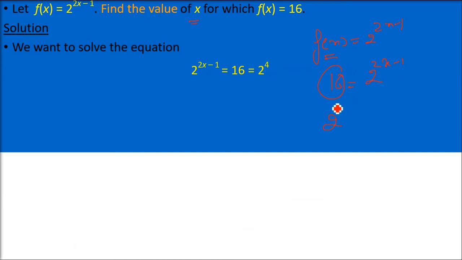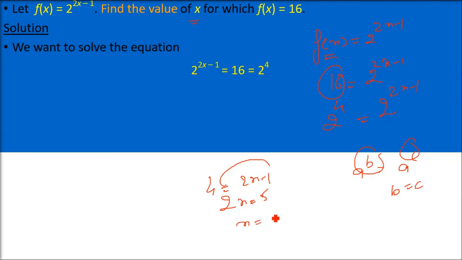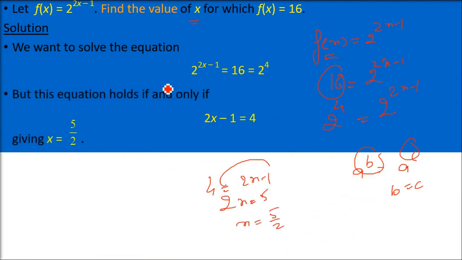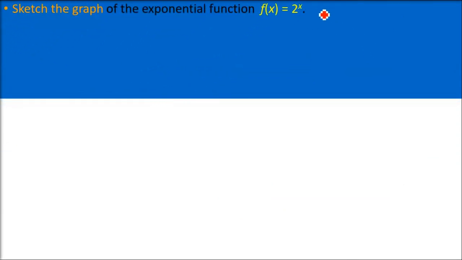You can write 16 as 2 to the 4: 2 square, 2 square, 2 to the power 4. So 2 raised to 4 equals 2 raised to x minus 1. We always know that if a to the power b equals a to the power c, then b has to equal c because the bases are the same. So basically 4 is equal to x minus 1. So x will be equal to 5. This is the idea to give you how this exponential function works. Now we have a function f(x) equals